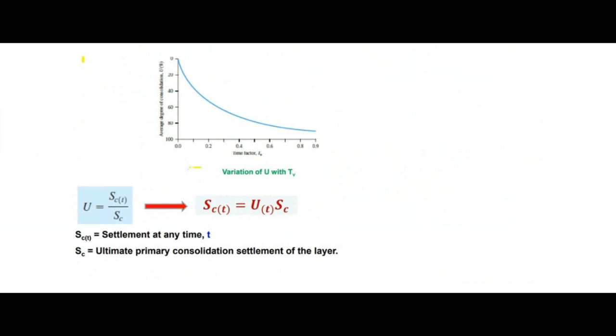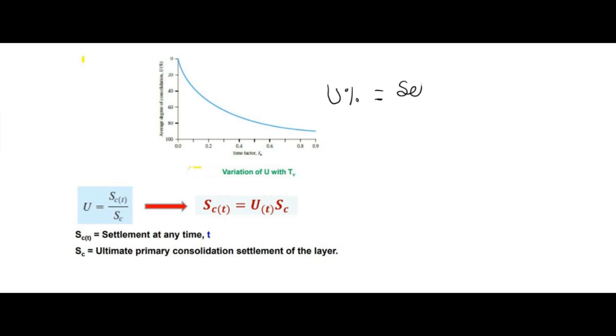This is the variation of degree of consolidation with respect to time. On the horizontal axis there is the time factor, and on the vertical axis the average degree of consolidation. So u, the percentage degree of consolidation, can be written as equal to settlement at